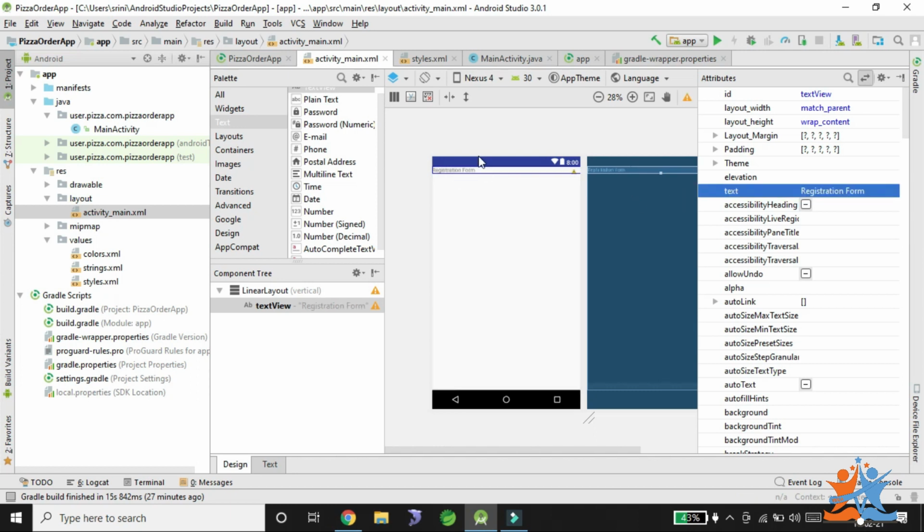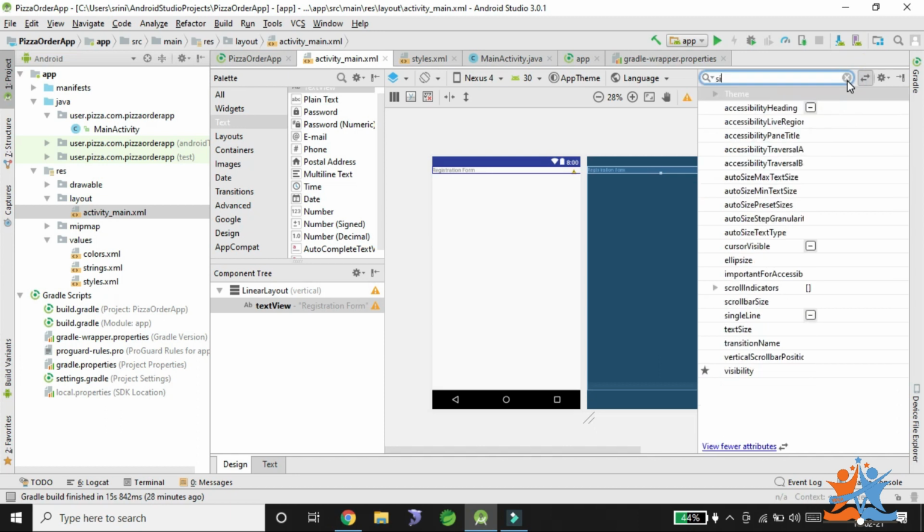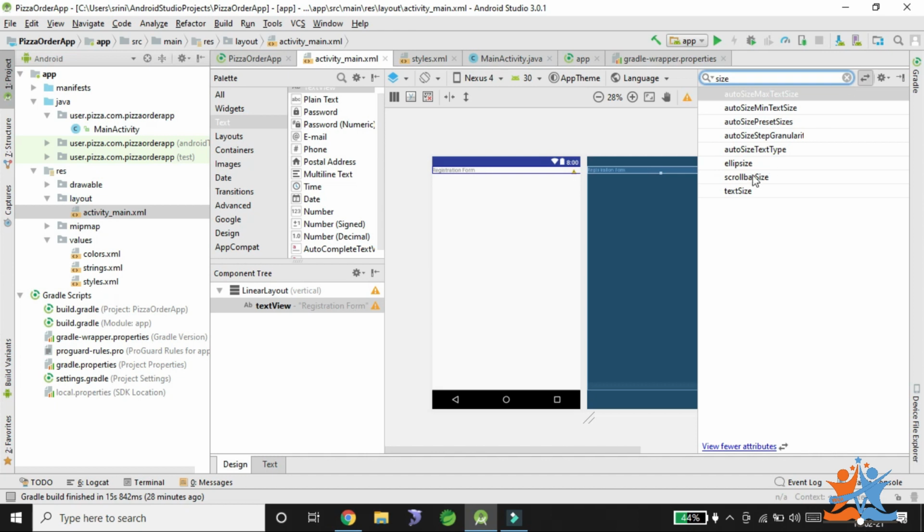I need to change the size of this particular element. We have an attribute search, for the required size, text size. Yeah, here we need to take the text size.